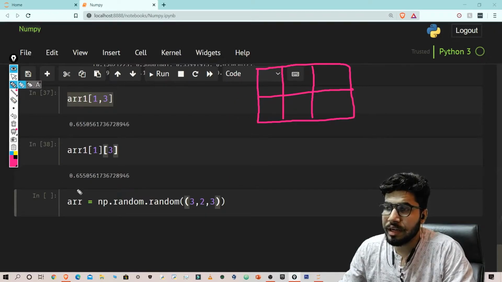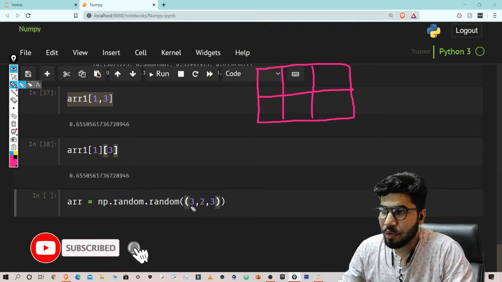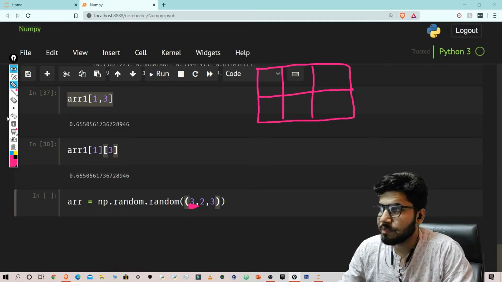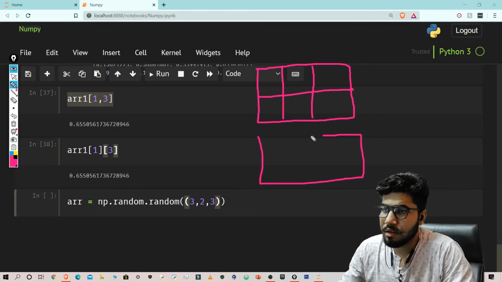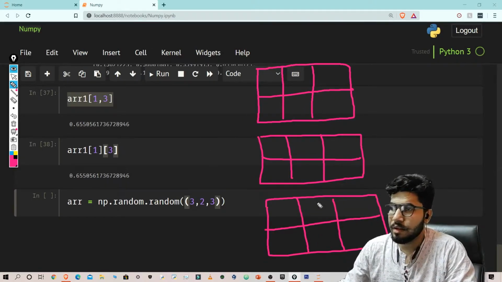Now what if you want to create a 3D array? For that you will need to create the same kind of pages like this. This is the third dimension. As it is showing 3, this will be the 3D array, and it has 3 pages.